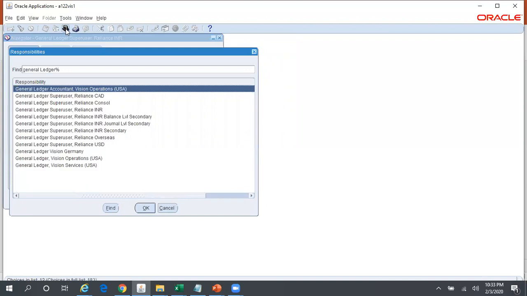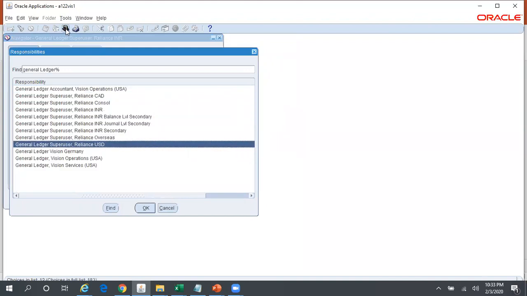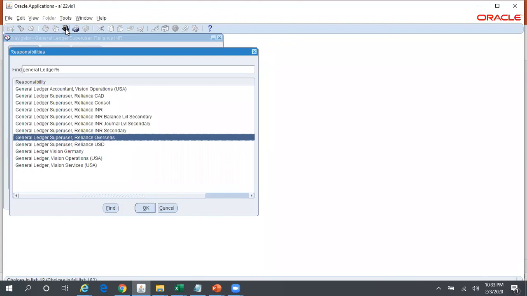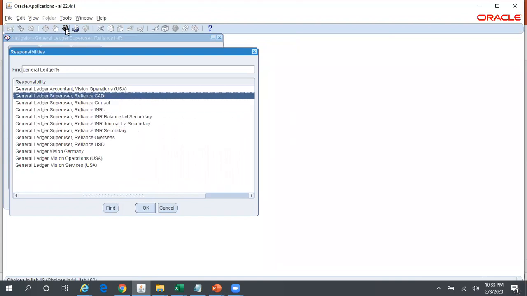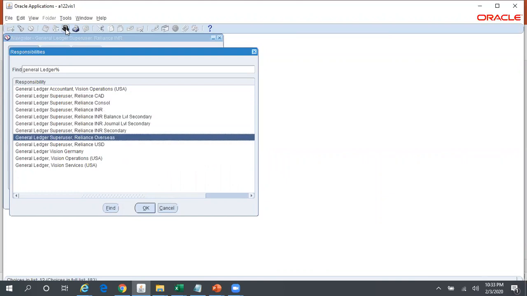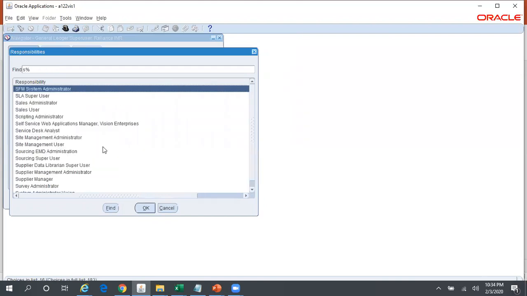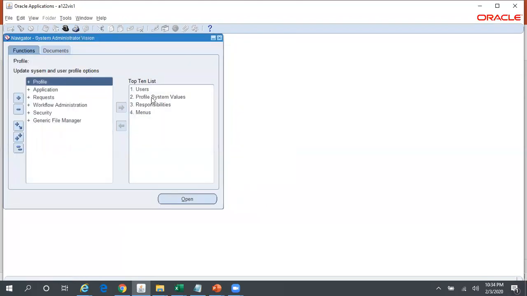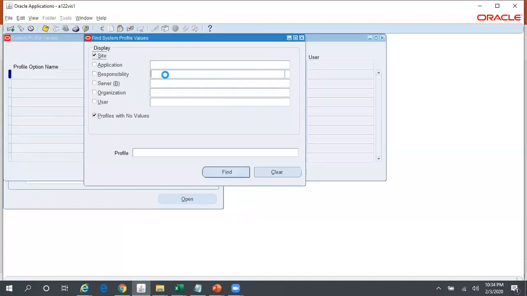And I have created responsibilities by name general ledger. I have general ledger supervisor Reliance USD, which has access to USD ledger. I have responsibility general ledger supervisor Reliance Canadian ledger, which has access to Canadian ledger. I have created a responsibility general ledger supervisor Reliance Overseas, and for this particular responsibility, I have assigned Reliance Overseas as my GL data access profile option. So I can show you that. So general ledger Reliance Overseas